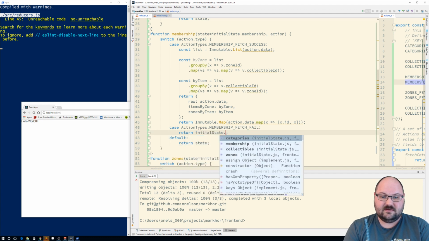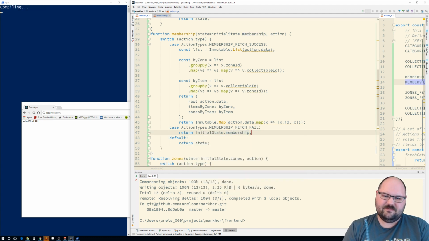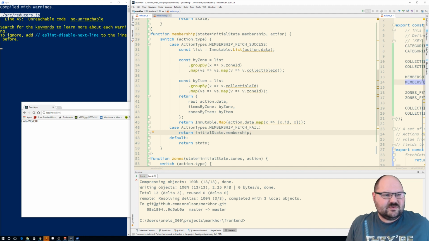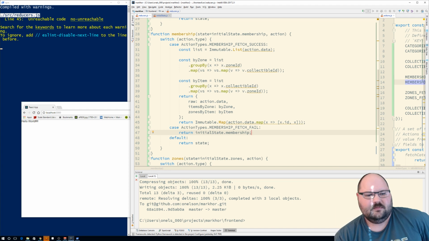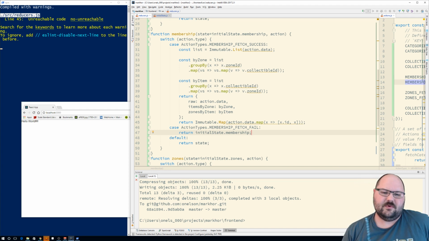So initial state, membership, and if something were to mutate initial state after the fact for an unknown reason, I guess shame on me for letting that happen in the first place. It's possible. It's a regular JavaScript object, so someone could get in there and mess with the values at runtime, but